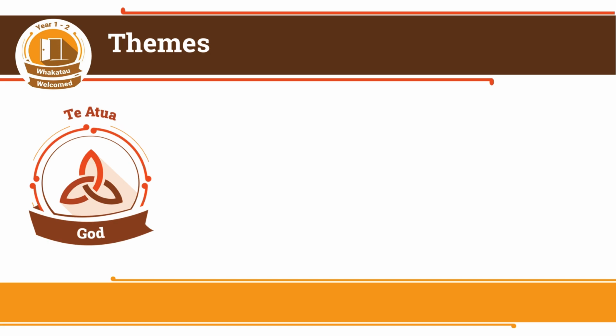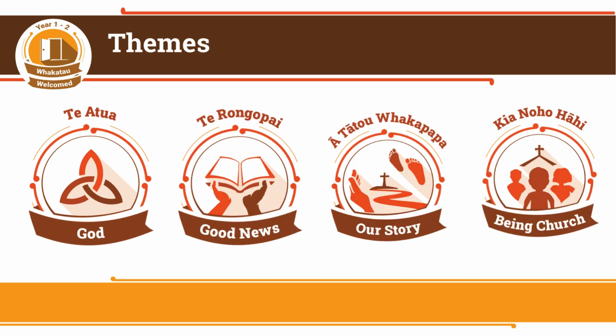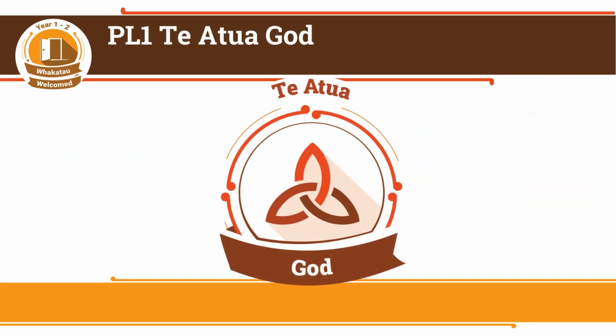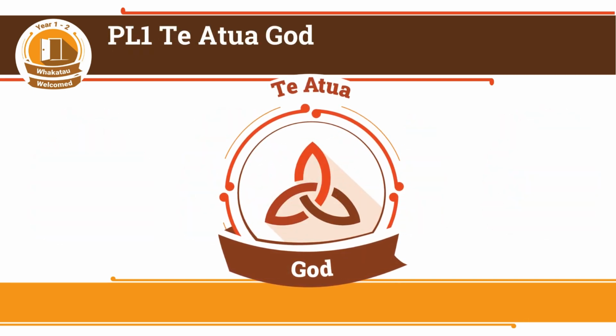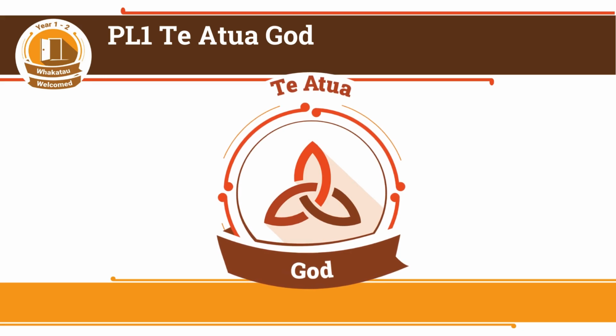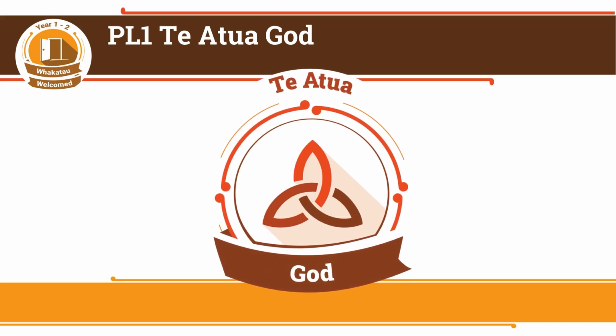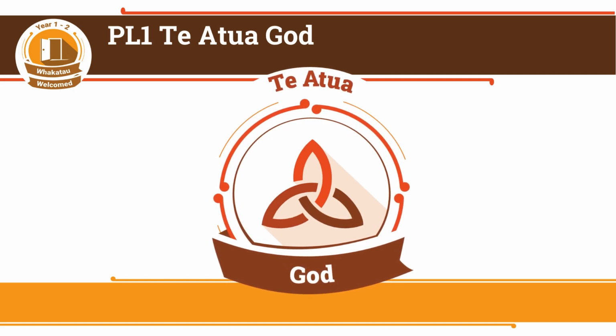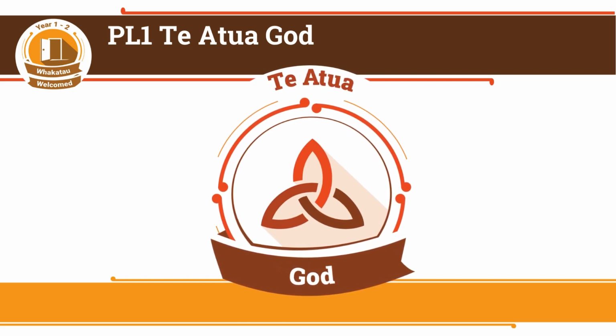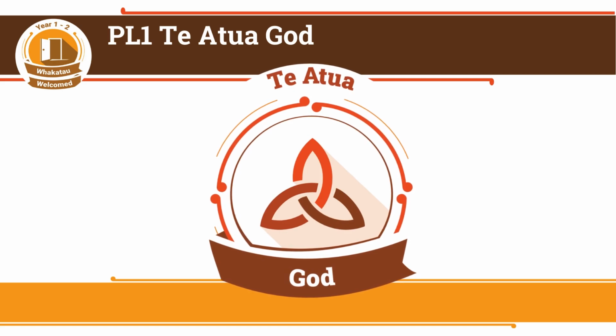As you know, there are 4 themes for each phase of learning. Each cross-theme runs through these. We are going to have a look at phase of learning 1, Te Atua theme. I'll share with you what some of our resources are looking like and give you some information around our thinking when creating these resources, which will hopefully support you in thinking about how this is all going to fit into the context of your kura.